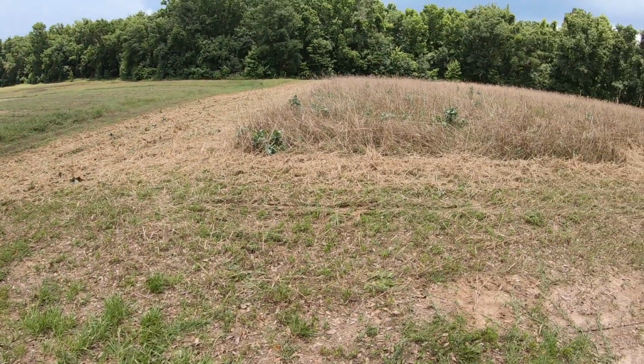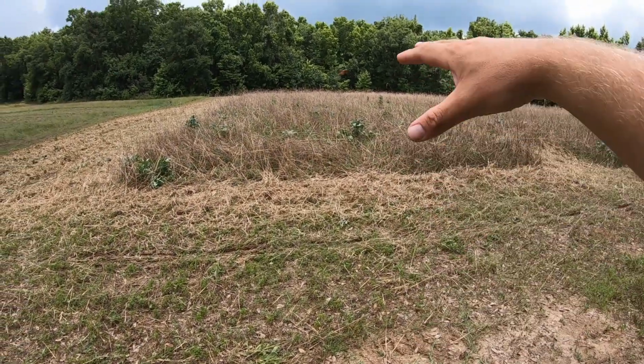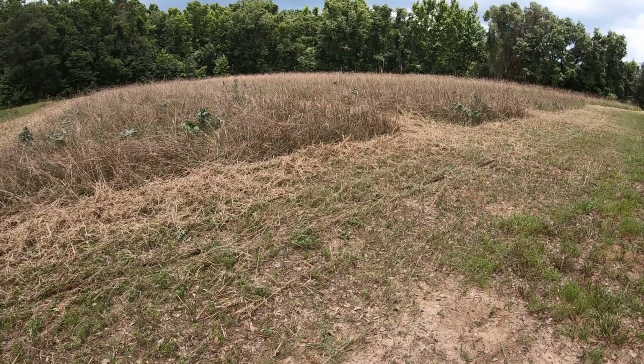What's up, everybody? I don't know if y'all can hear me with the tractor going, but what I'm going to be doing today is this is my food plot. So might as well go ahead and show that off. This is last year's winter oats that I had planted, and I let this go way too long. So you can see some of these oats are 5 foot tall out there. I'm trying to get these chopped down so I can go ahead and start tilling this in, getting it